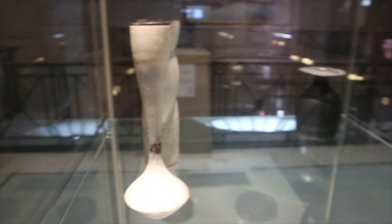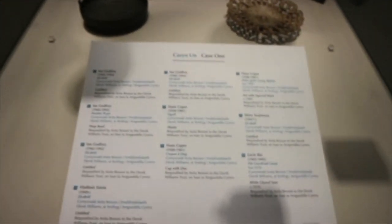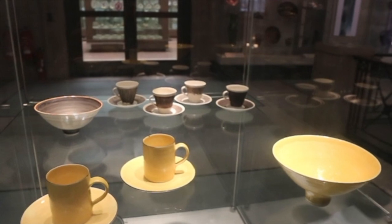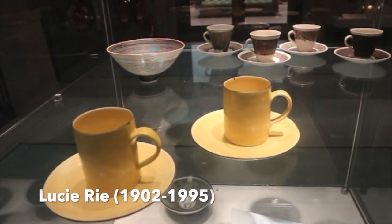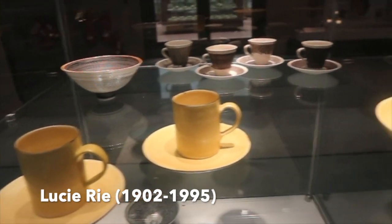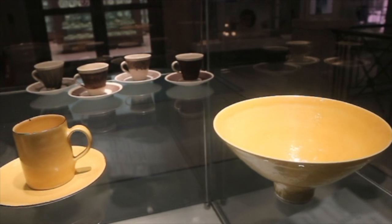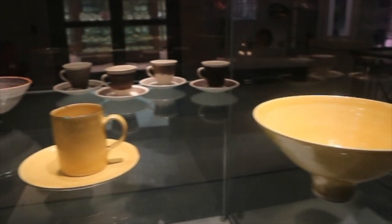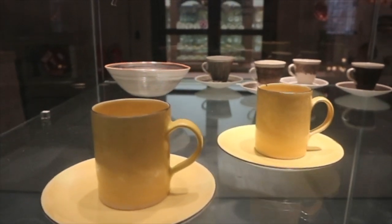And he was working alongside Lucy Rie. I think he was her apprentice at the time. So his pieces are quite ahead of their time. Lucy Rie's work, she mainly was a studio potter, and she was working with Hans Cooper, and I think they probably shared some kind of inspiration between each other, because they're throwing these very delicate forms, and in some ways